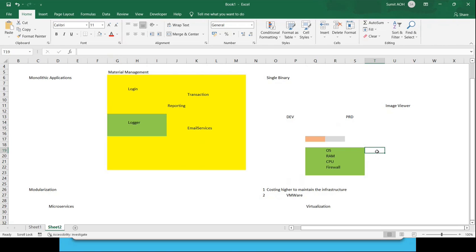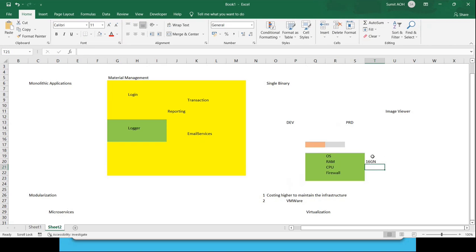So from there, the concept of virtualization came, that though I have one system, I can have multiple components dedicated to that. Now, if I say that I have 16 GB of RAM over here, out of which for this application I want to dedicate only 4 GB. And for this virtual machine which I am creating, I want 8 GB of RAM to be allocated. I want Linux to be installed over here.